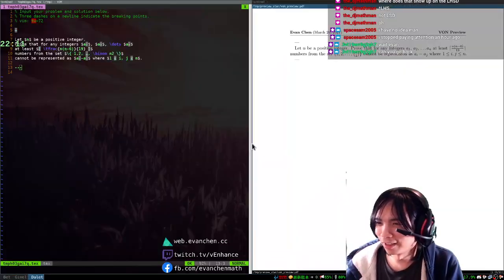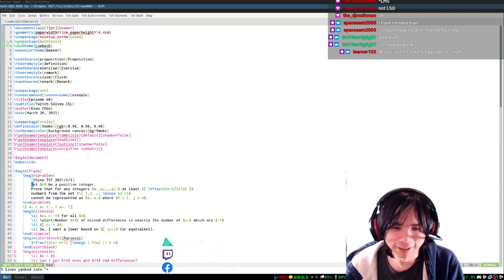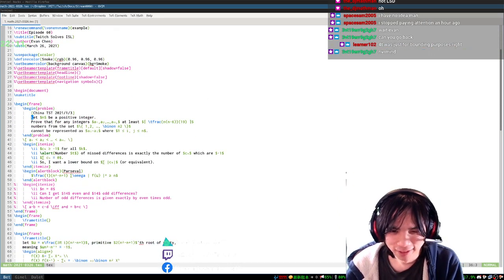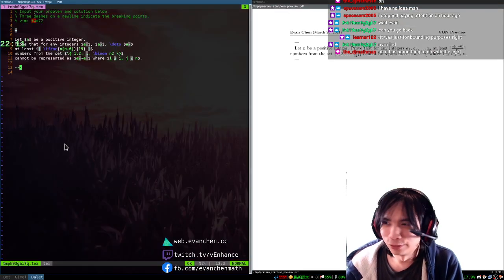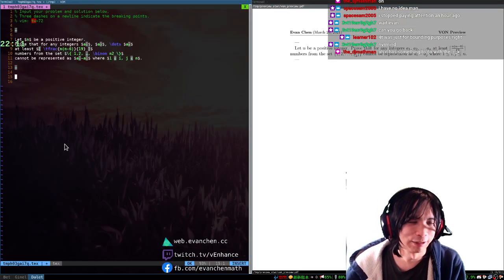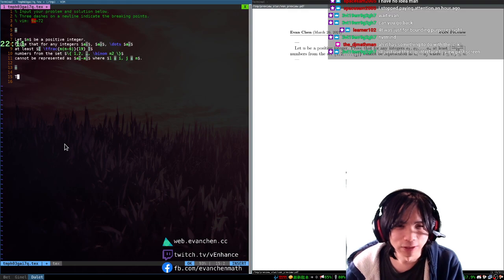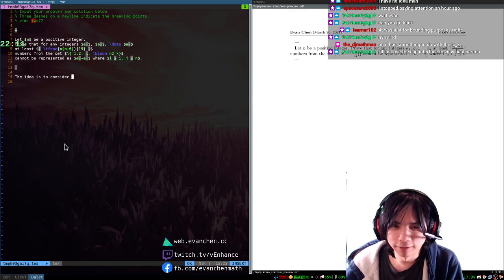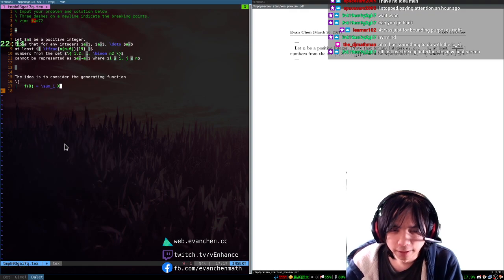Oh, I think the last hour was just me struggling really hard to compute trig functions. Okay, so the idea. Now this is what the write-up is for. Now we can do the recap. So the idea is to consider the generating function